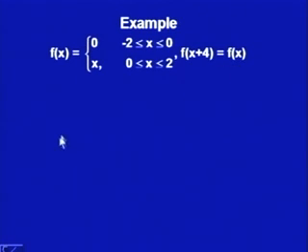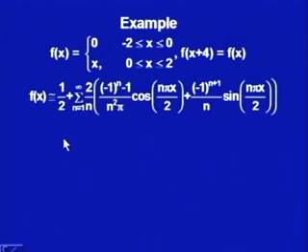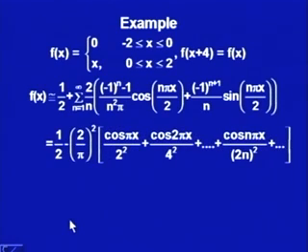This example we have also done in our last lectures, and we know that from there we have drawn that the Fourier series is half plus summation n running from 1 to infinity of 2 by n minus 1 to the power n minus 1 upon n square pi cos n pi x by 2 plus minus 1 to the power n plus 1 sin n pi x by 2, or if I write it more elaborately, I would get half minus 2 upon